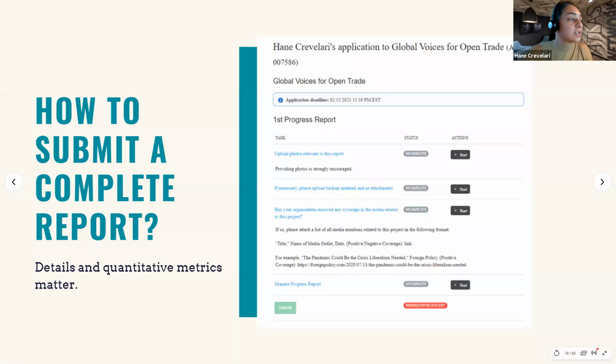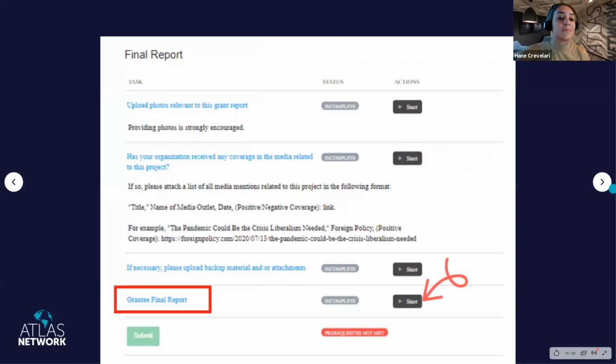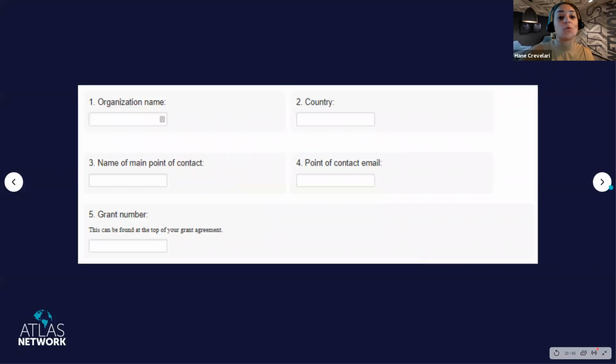Moving on to our next topic in the agenda, we're going to talk about my favorite part, which is how to submit a quality report. As I mentioned previously, by clicking the start button next to the grantee final report, that should take you to our report form, which you can fill out online. And I will go over the core questions in the form, but keep in mind that each grant line has a few specific questions that I will not be discussing today. But for those, I do have some general tips at the end